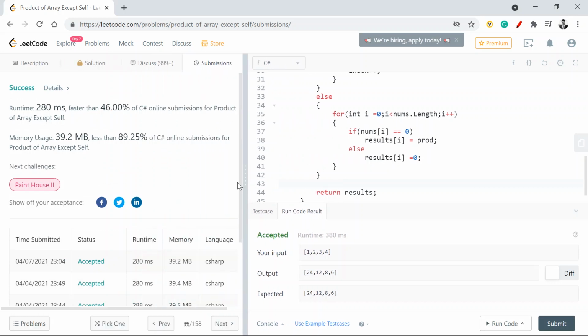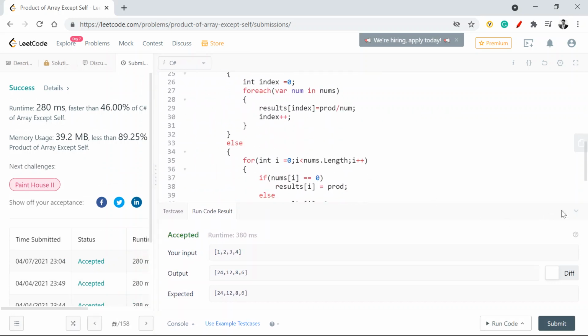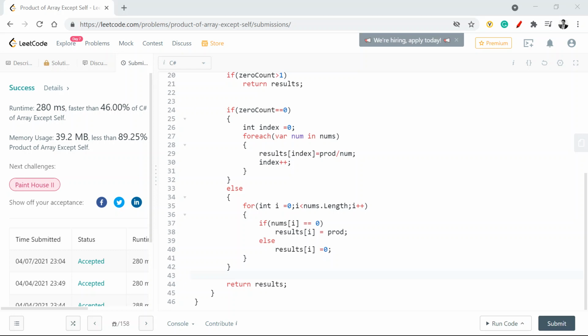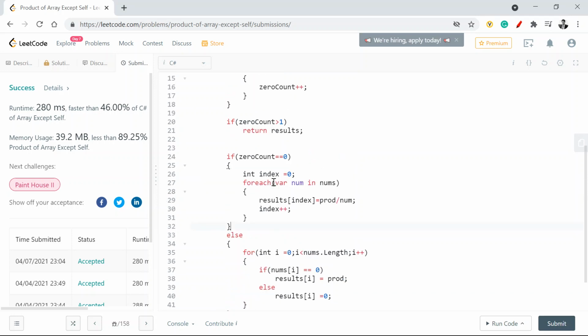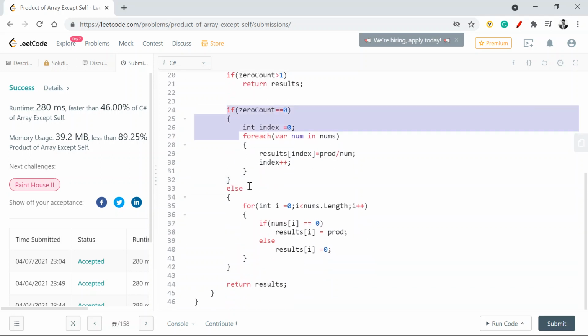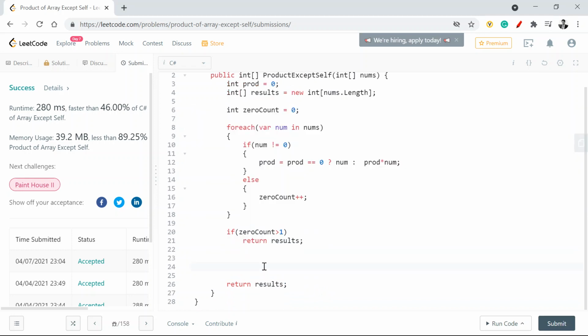Cool, it got accepted. Now, if you see, right, we are doing a lot of ifs and elses in this problem. And say by any chance the interviewer comes back and says, okay, dude, why are you doing so many ifs and elses? What if you need to do it with only one if statement, right? Because you anyways know that there will be only one instance wherein I have that zero, which is zero count equal to one, because anyways you took care of the other case, right?